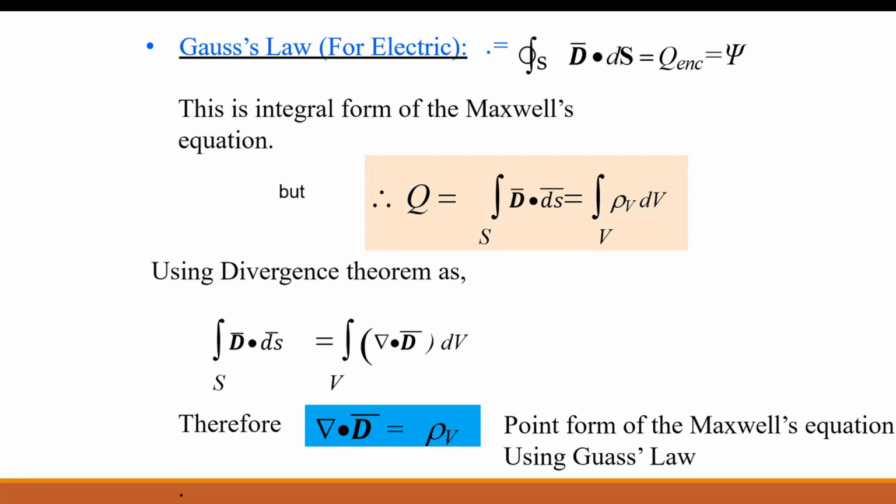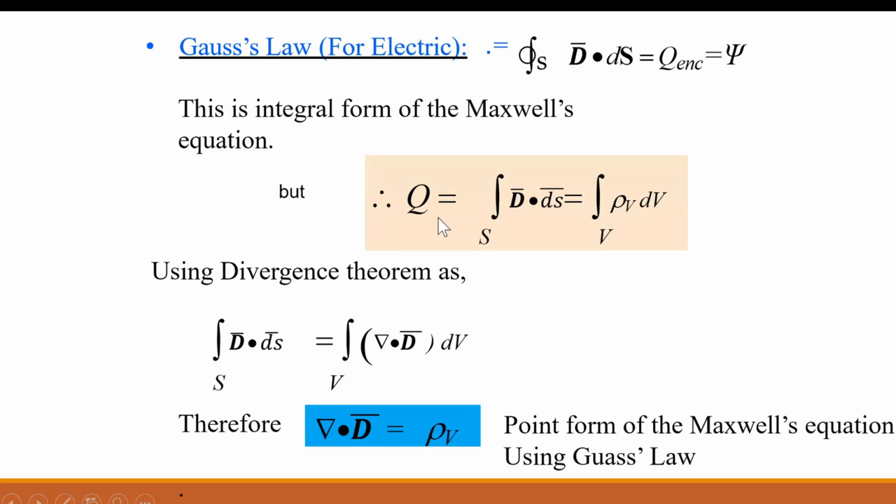Q enclosed. What is Q? Q is charge present. So if charge is enclosed inside a surface, then flux will be generated, and that flux, when it comes out of that surface, then we get the quantity that is called flux density d bar. Okay, so this Q enclosed is also indicated by flux psi. Right, flux and Q both are measured in coulombs, and D is measured in coulomb per meter square. So this equation, now what is Q?